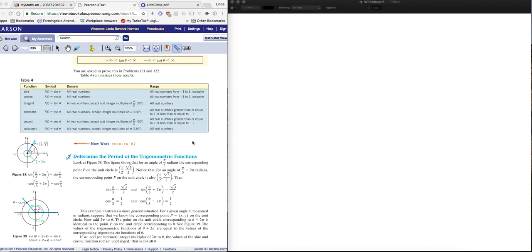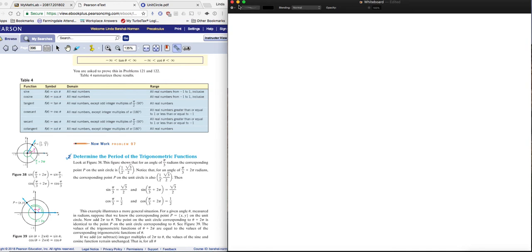Okay, this is the continuation of the trig review lesson. We're going to look at some properties of the trig functions. I'm going to start with the obvious ones, which is domain and range. The trig functions are indeed functions, so they have a domain and they have a range. All right, so let's look at